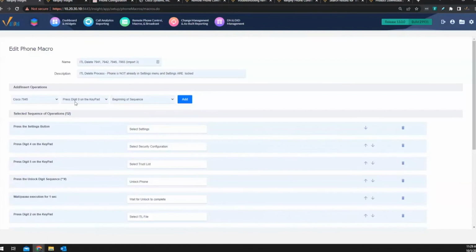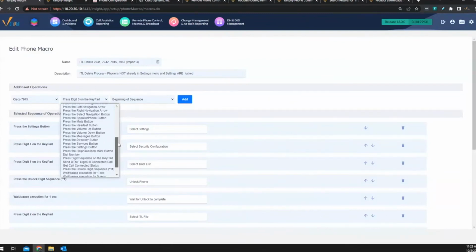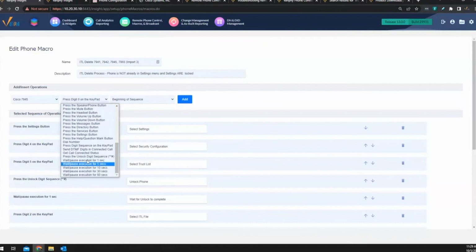You can add the steps from here. Basically, when you're building a new one, you would pick your model first, and then you would pick your steps from here. So you have everything from press the numbers on the keypad to the soft keys, press the settings button, volume button, whatever. And you also have what are called wait pauses, and those are handy for certain things. And there's also unlock digit sequence. So let's say you want to quick unlock the security menu in the settings. You can just tell it to send that rather than having to type **#